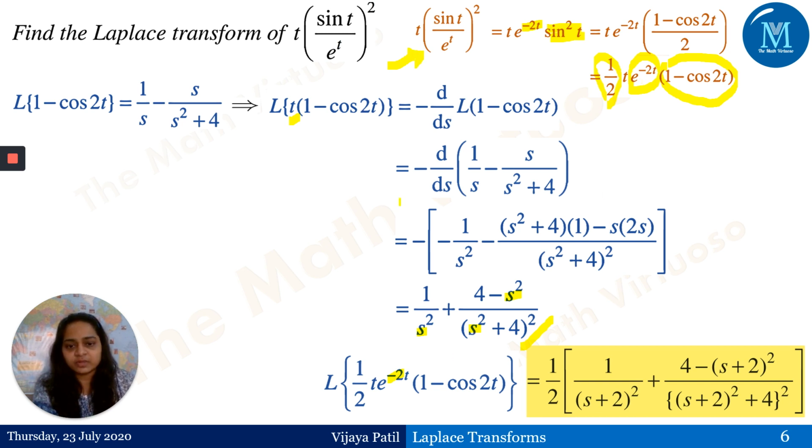Do not forget this. Most of the time students make the mistake of leaving out some constants. Don't do that. Whenever you are writing the final answer, always check your given function. What is the given function? Are you taking the whole function into consideration while writing the final answer? You have to check that. So it's a half, 1 divided by s plus 2 the whole square. If you observe, I have replaced s with s plus 2 here, here, and here as well. And the whole square has come on the curly bracket here, because plus 4 is also under the square sign. And therefore, this is the final answer I have got for this particular question.